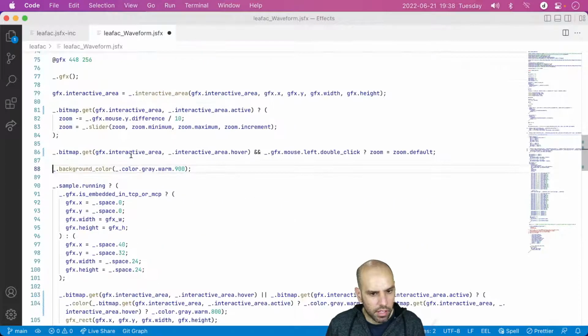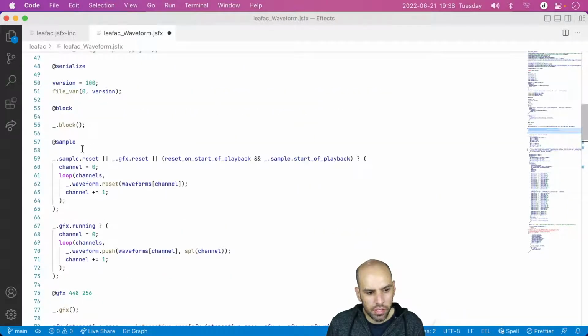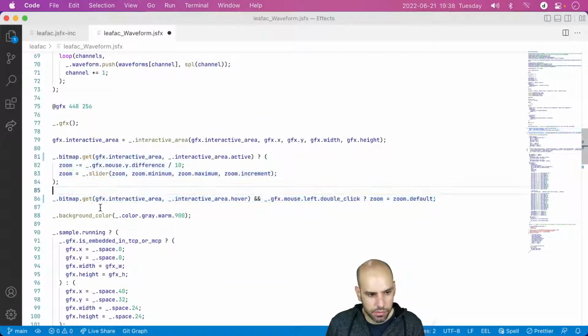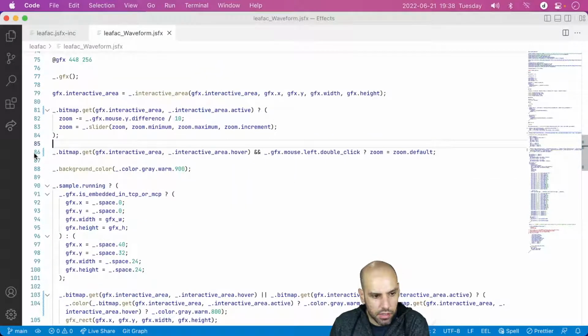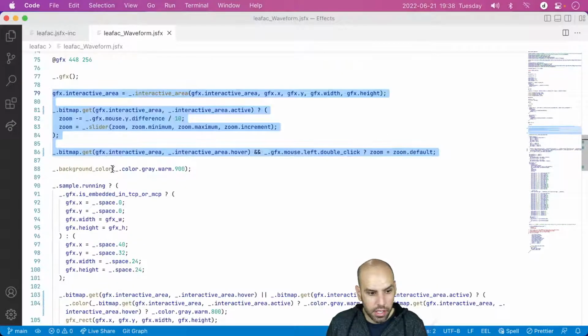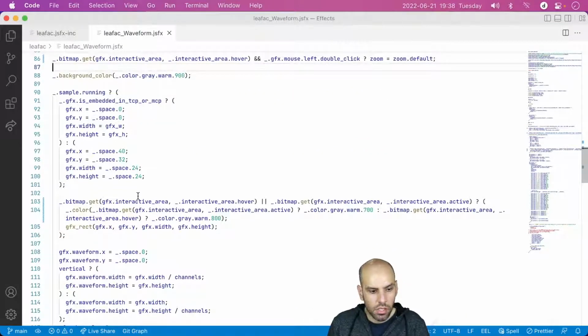So after having handled all of this, which essentially is a glorified slider block, right? It's a slider block in disguise here. Anyway, after having done that, we have all the sliders in the way that we need them. And then we can start drawing. Some of the drawing depends on the state of the interactive area. Namely, we want to draw some highlight on the interactive area. So we ask, are we hovering? Are we active? If so,